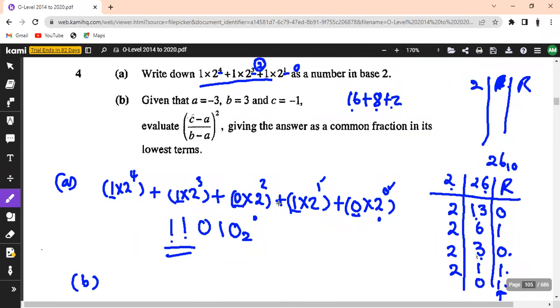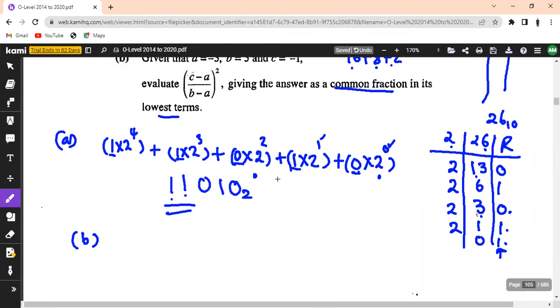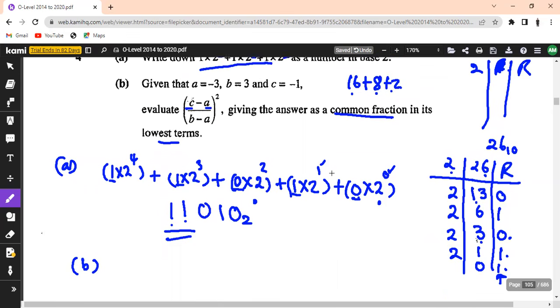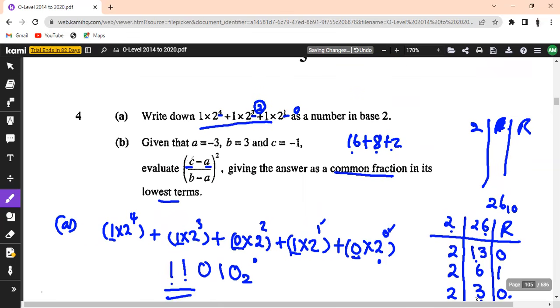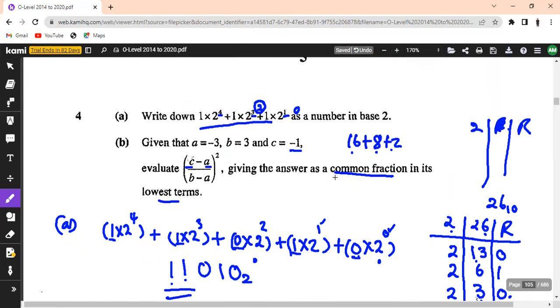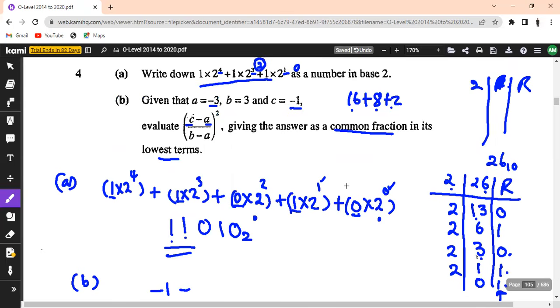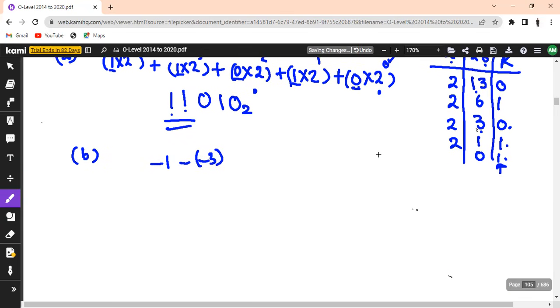B, we are given the value of A, the value of B, the value of C. Then you're asked to simplify this as a common fraction in its lowest term. So let us substitute here C minus A, all squared. So our C is -1, so it's -1 minus A. Our A in this case is -3. So it's going to be -1 minus -3, okay? Everything over,